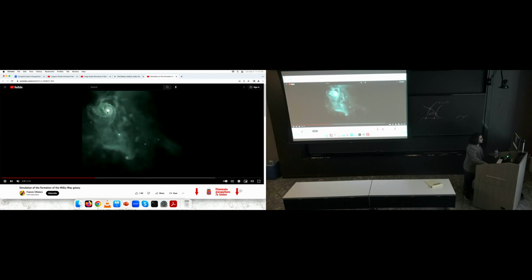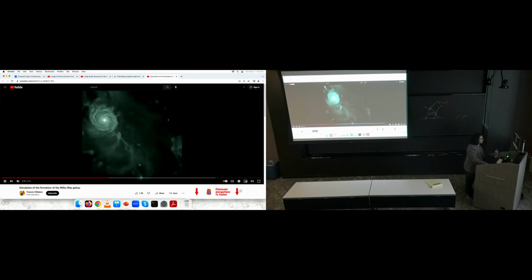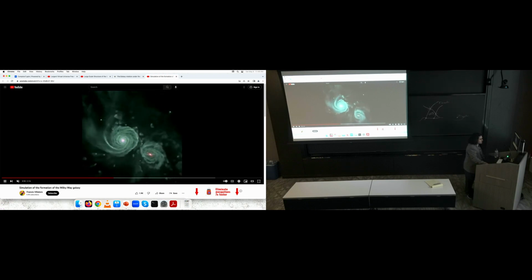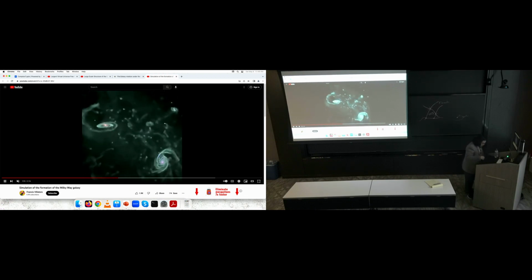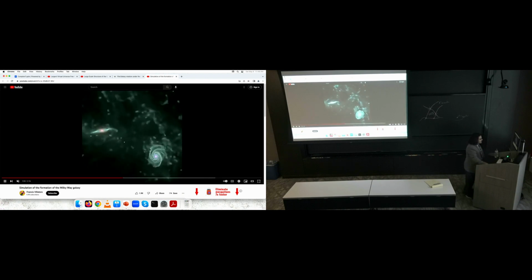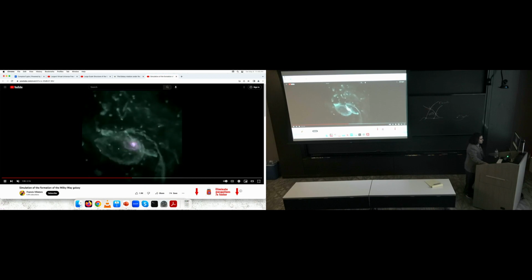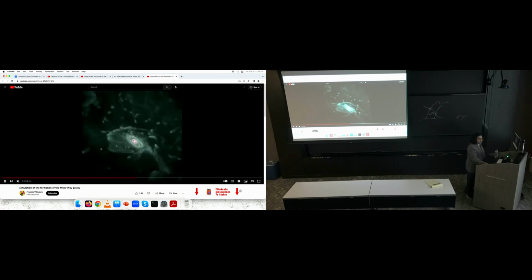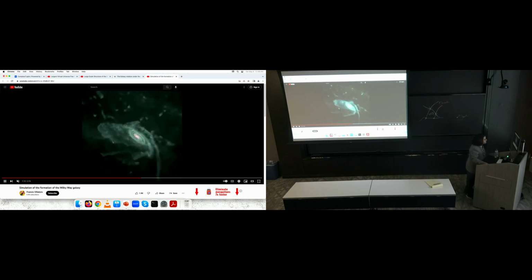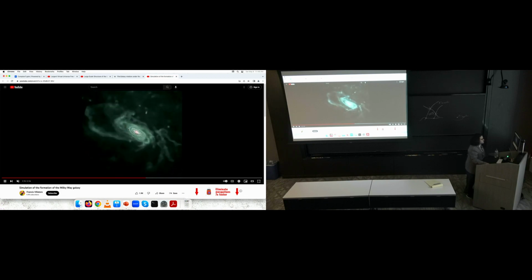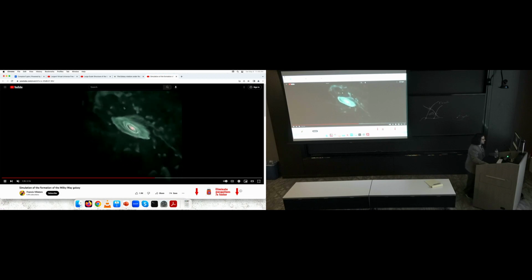Galaxies, stars form in galaxies and orbit, but galaxies themselves indeed attract gas and dust and dark matter from the intergalactic medium, and galaxies can collide with each other. Our galaxy will collide with Andromeda in a couple billion years. Nothing for us to worry about, but there will be some interesting dynamics to observe in the night sky for our descendants a couple billion years from now.